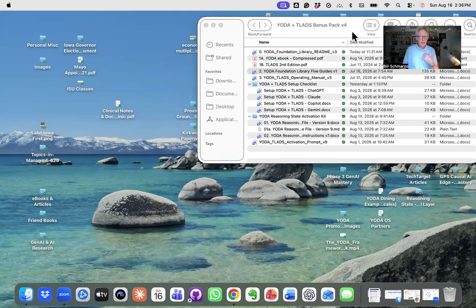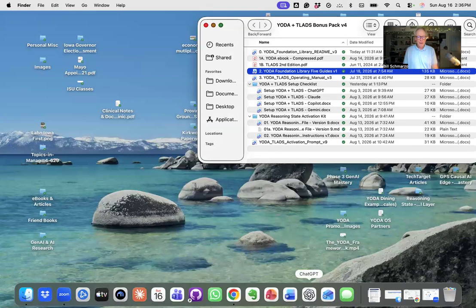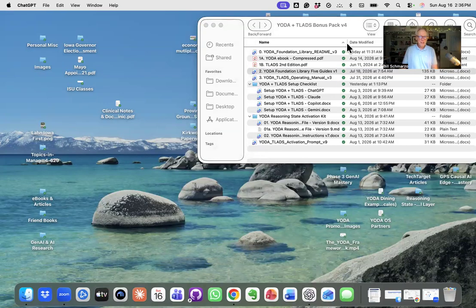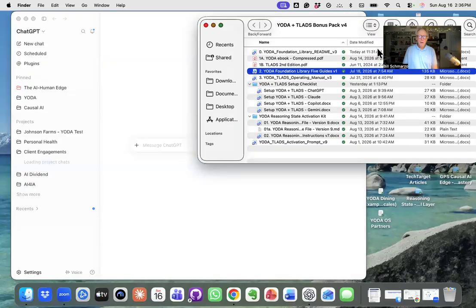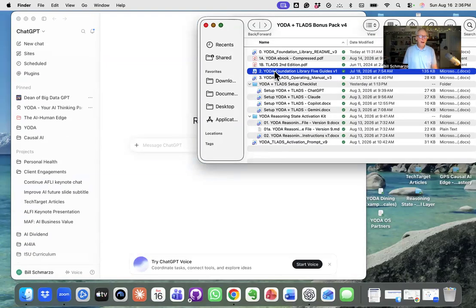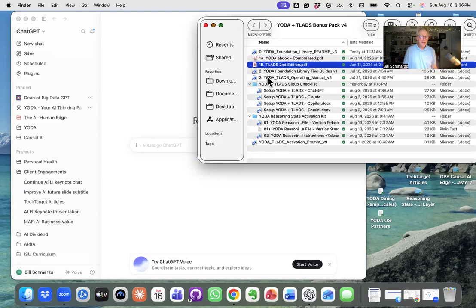up. And so what you're going to want to do to get started is first off, open up your favorite tool. And I'm going to do ChatGPT. And while that's opening, I want to make sure I have access to all the tools or the files I'm going to need. So I'm going to need to upload the Yoda ebook, the Thinking Like a Data Scientist ebook,